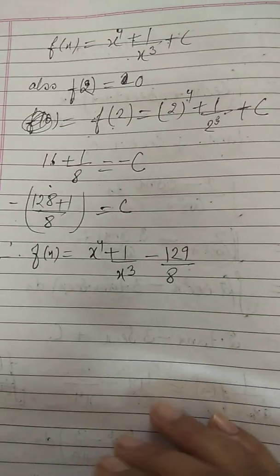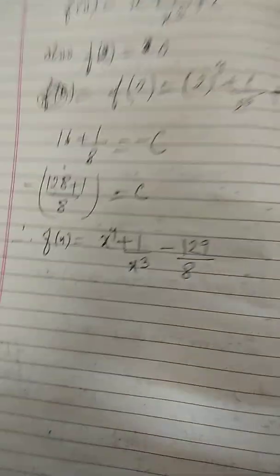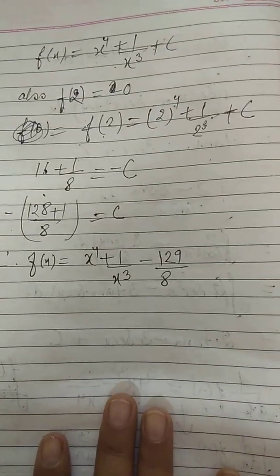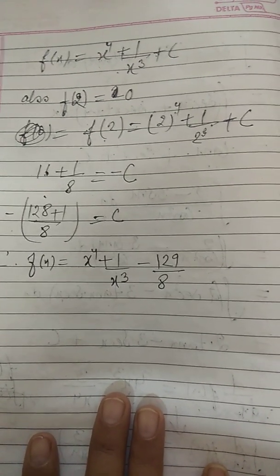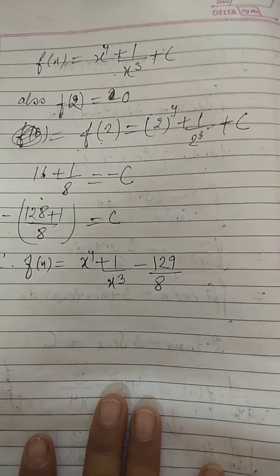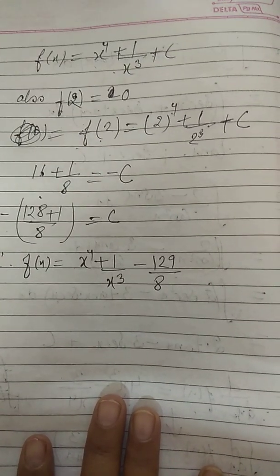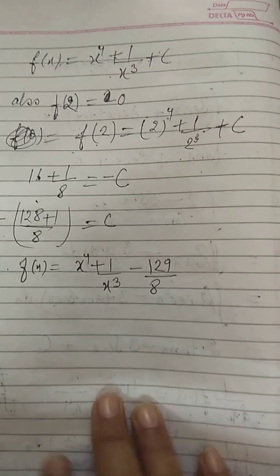Okay class, so now let us see what is in the next exercise. So you people can complete the exercise 7.1. In the next class we will start with the next topic, that is, now we will be learning the different methods of integration, under which the first topic will be discussed.